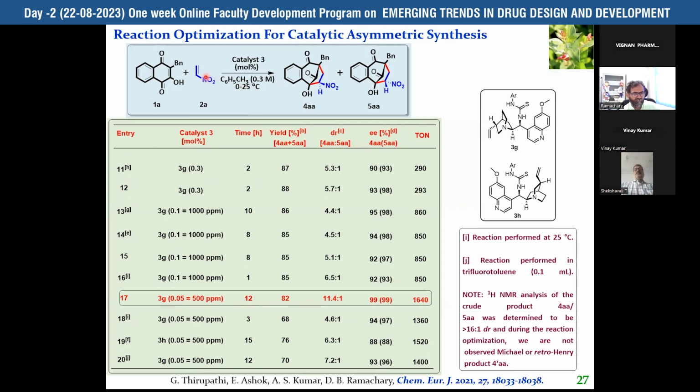0 is the first addition, just addition at 0, followed by room temperature, 12 hours, and it took almost 82% yield and 99% single enantiomer. So we are very happy that this is a complex. It goes first to Michael reaction and is followed by Henry reaction. So Michael Henry, to make this kind of antibiotic structure, we prepared using